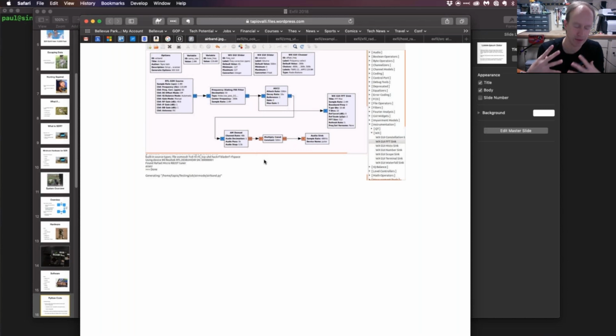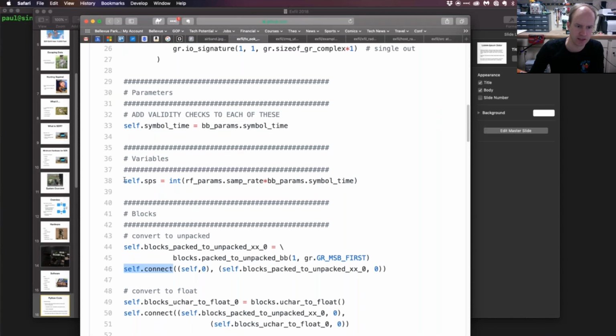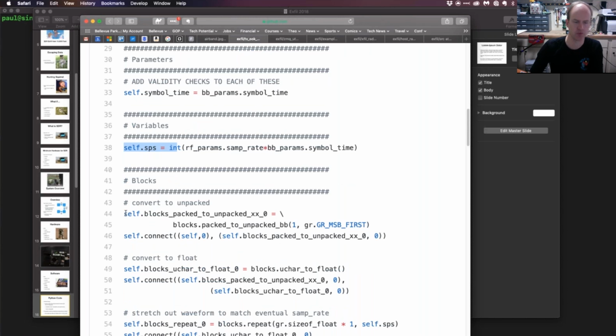That Python file is going to have all sorts of boilerplate in it, and so some of it's going to be a little bit hard to read because most flow graphs have some graphical stuff going on, and so they'll call the Qt libraries, and so there'll be 50, 60, 70 lines of code involving the Qt stuff. But after you get through that, you're going to see variables like this, and then you're going to see blocks, and everything's got a self in front of it, which means it's part of the object that you're defining, or part of the class you're defining.